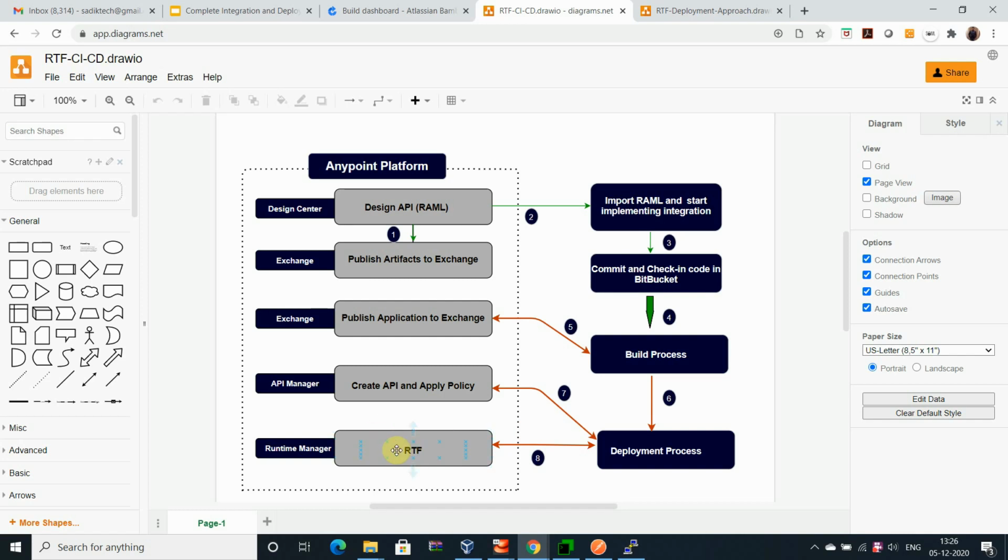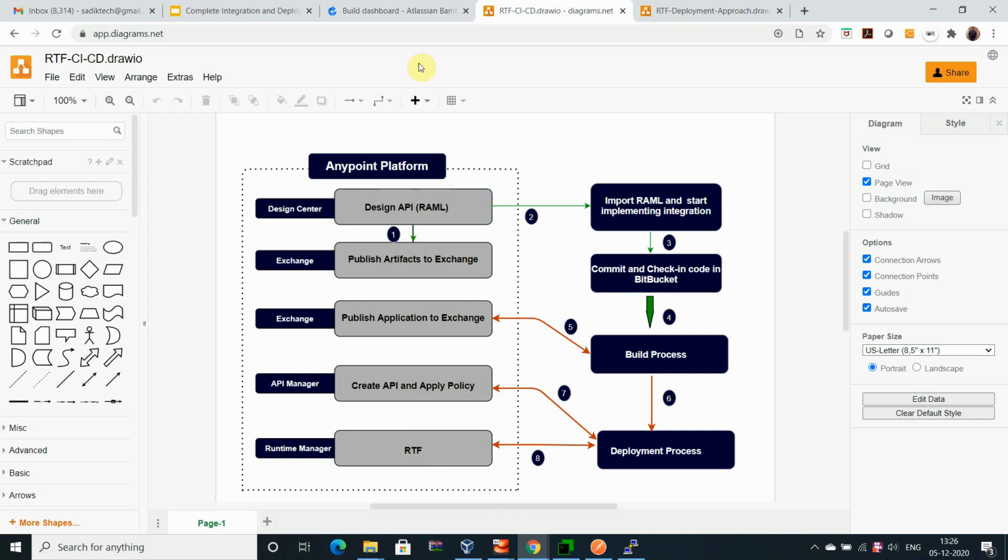Then it will be active and it will apply the API discovery. Okay, so this is the process I'm going to demonstrate in this demo, and this will be a complete life cycle for deploying an application or any changes in the platform whenever we are going to perform any operation in the application.